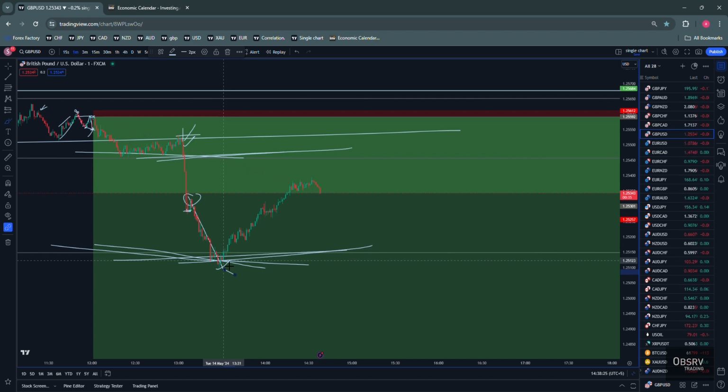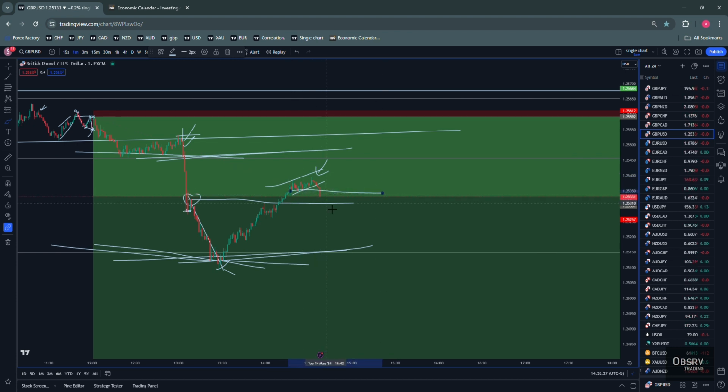So according to my understanding, I will want to see the prices go higher than this. The prices did go higher than this. They chopped around a little, and now the seller is taking over. So a test into this area, see, it's just trying to go down now. A test into this area could take the prices lower all the way down to there at least again. You could enter here, stop loss up there.